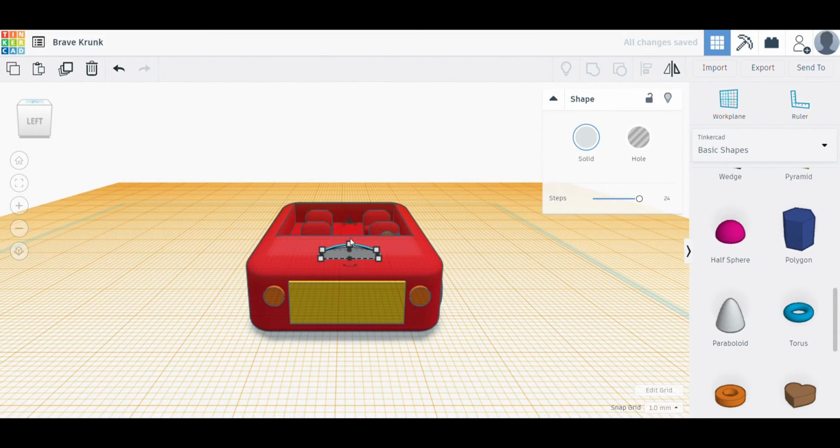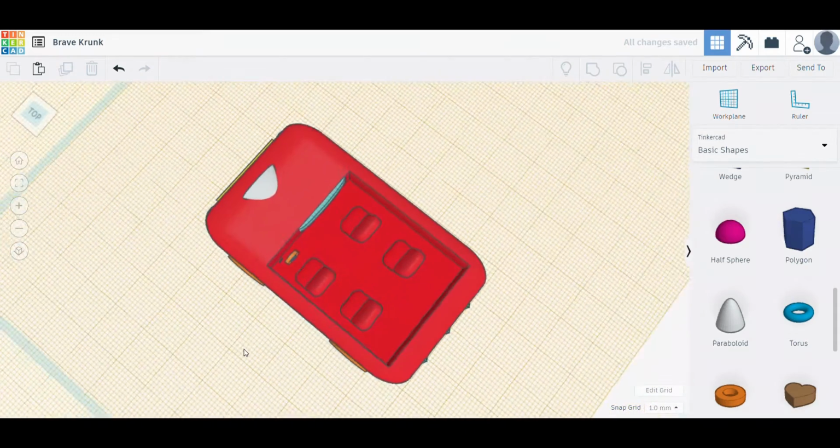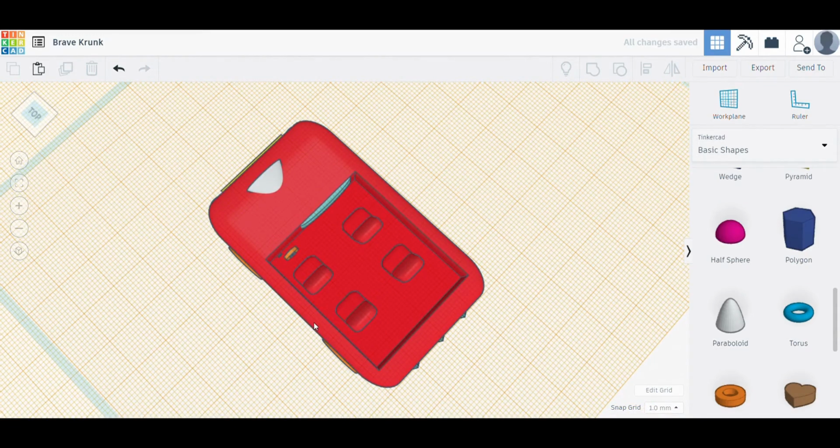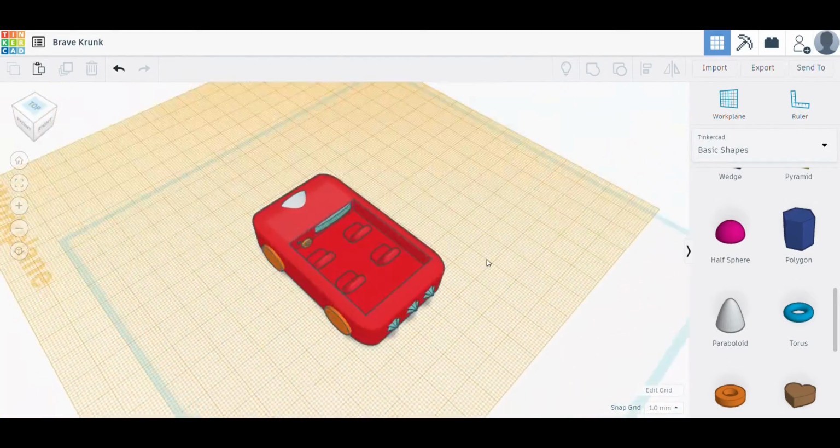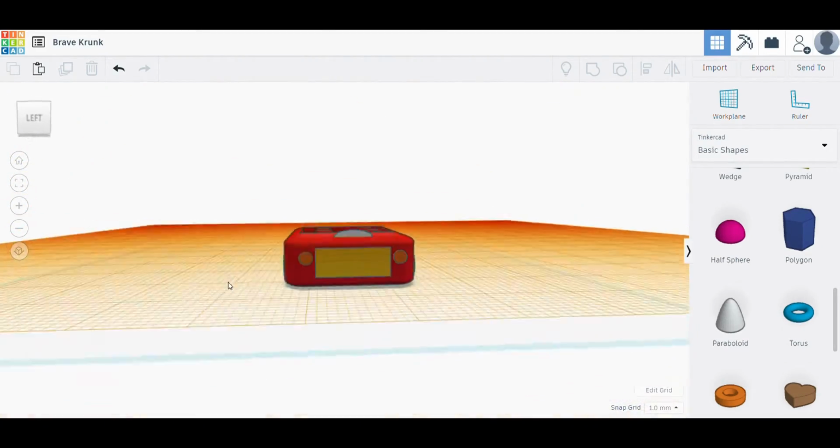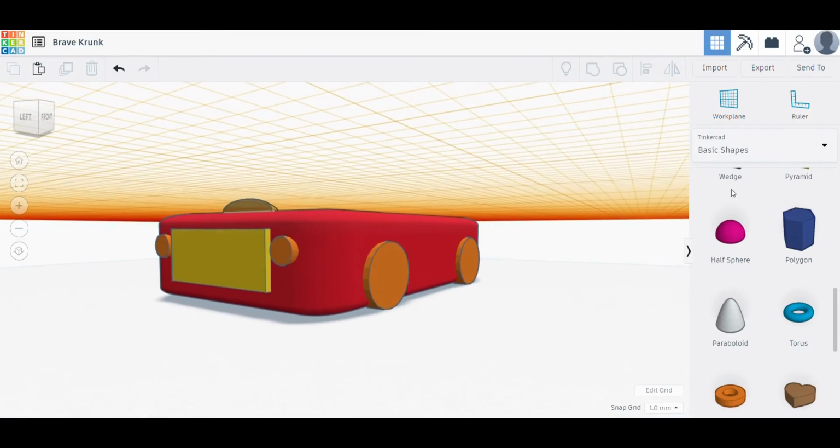Just adjust the hood, make sure that it's in the center position. And now your car is complete. So you can also add multiple details, like you can add a rooftop and other stuff into your car.